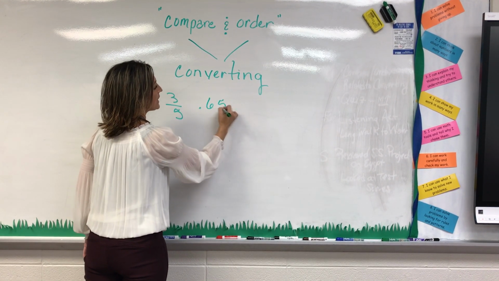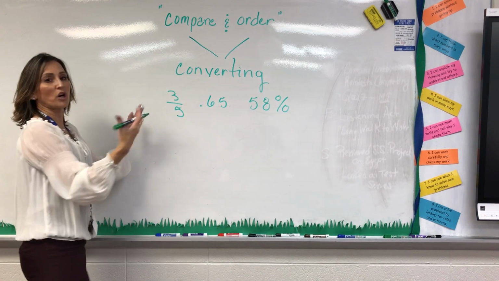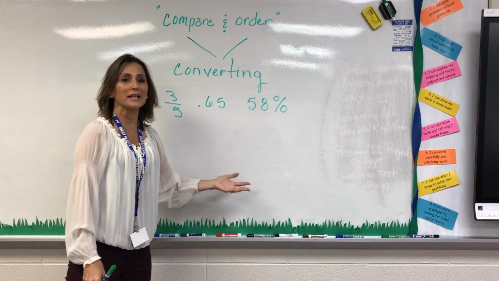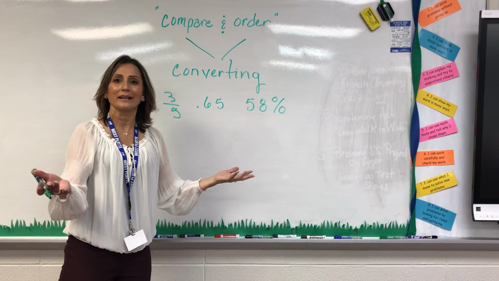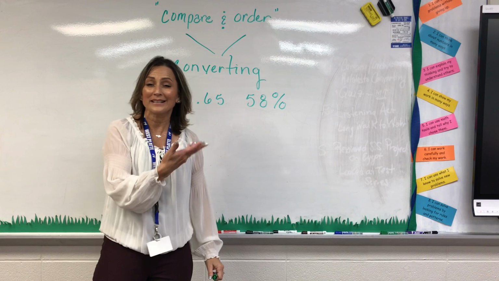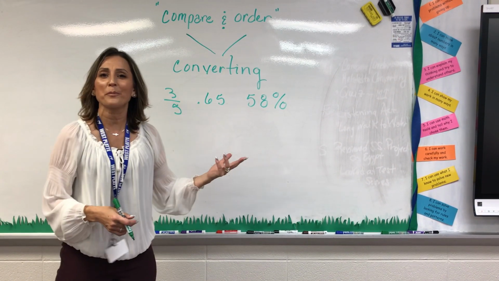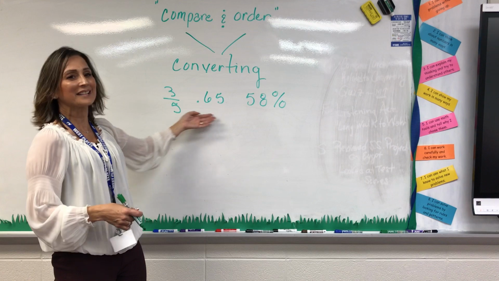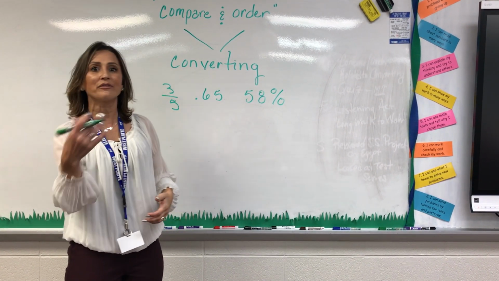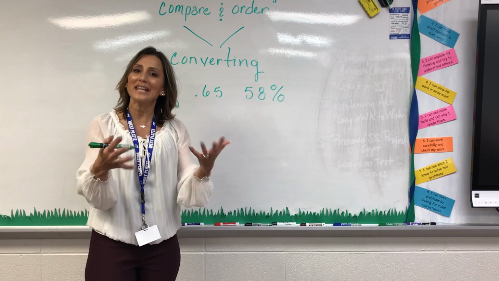decimals, and percents, we cannot say to ourselves or to anyone else, hey, I'm going to compare these and I'm going to order these unless they look alike. I can't say, hey, 65 is better than 3/5. Now, these are nice numbers, which the kids would call easy numbers. So they'll probably be able to look at it and go, I know what that is. But when they get more difficult, 1/3, 7/5, 2/5, things like that, they get harder and